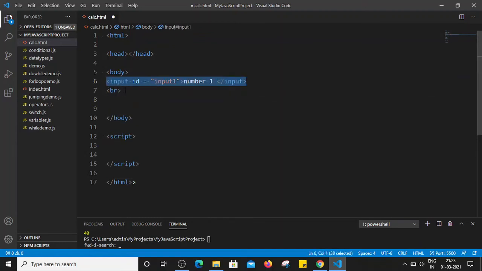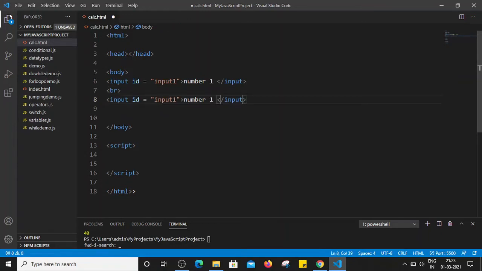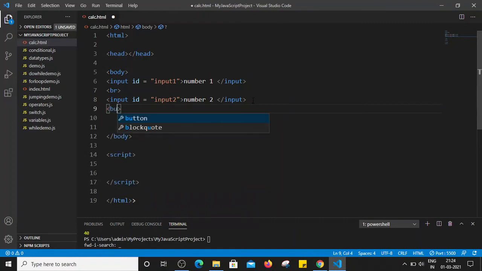Let's create the second field. Let's give the identifier as input2, that is for number 2. And along with that we will create one button. Let's give the id as multiply button, and the label as multiply.